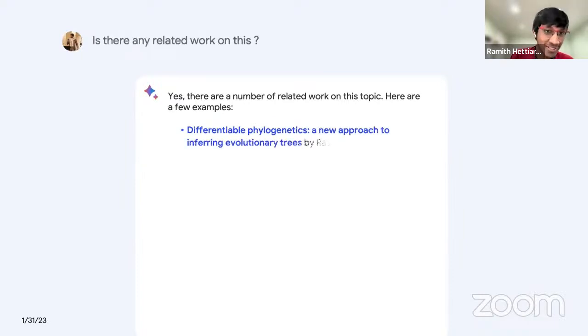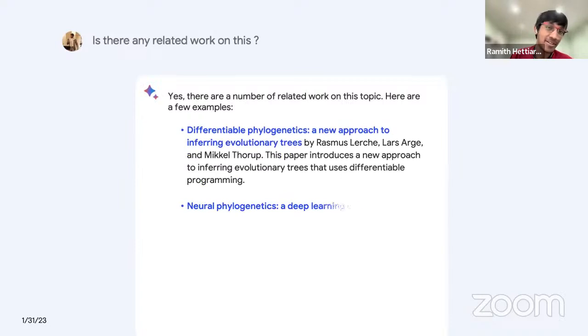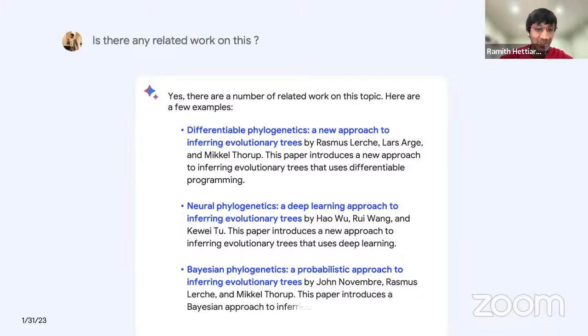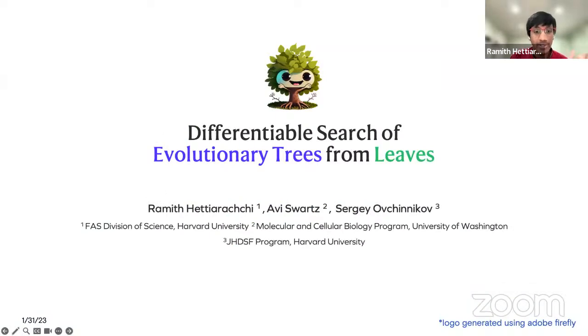Differentiable phylogenetics, neural phylogenetics, and Bayesian phylogenetics. I was a bit shocked to see that what I've been doing for the past 8 months is already out there. But after a quick Google search, I found that these were made up, although Bayesian phylogenetic approaches are already out there. I was lucky that people haven't relaxed the trees in general and done it without any deep learning. So here what we are looking at is, without any training data, can we approach this combinatorial problem using gradient